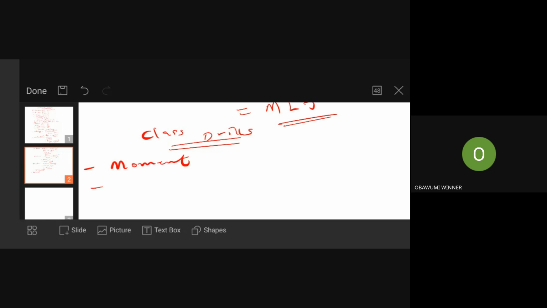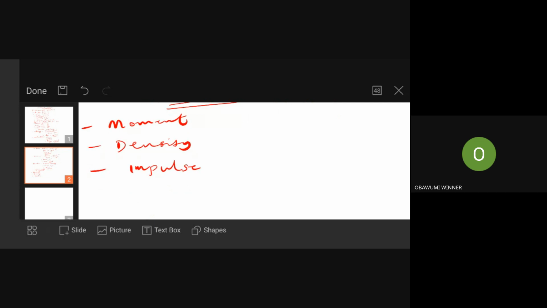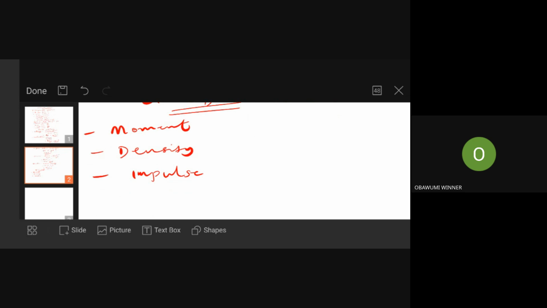Let's talk about density. Moment. The other one is density. We can talk about quantities like impulse. Impulse. Let's say quantities like work done. Work done. Let's say quantities like